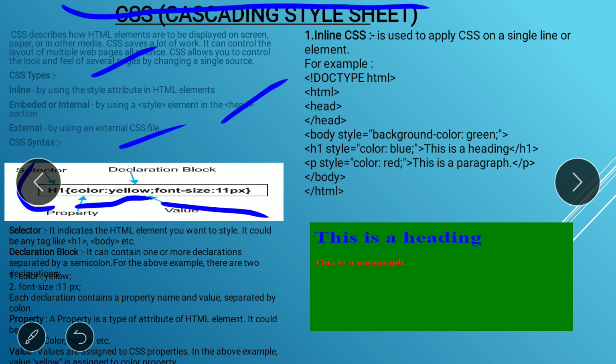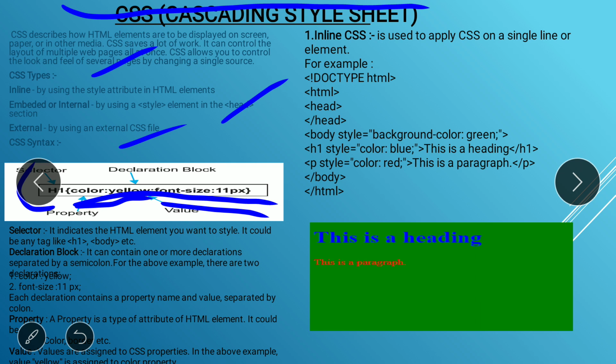Okay, and if you want to apply more CSS on h1 you can simply add a semicolon and write down the property. So this part, the curly bracket, between the curly bracket is called the declaration block, and this is the selector. h1 is the selector, and followed by h1 you can see there, this is nothing but the declaration block.